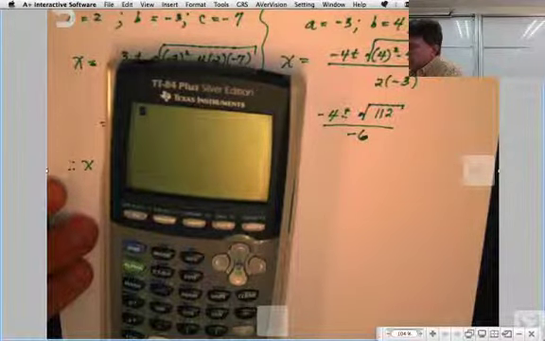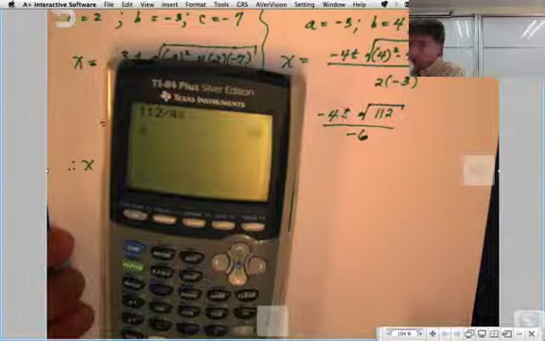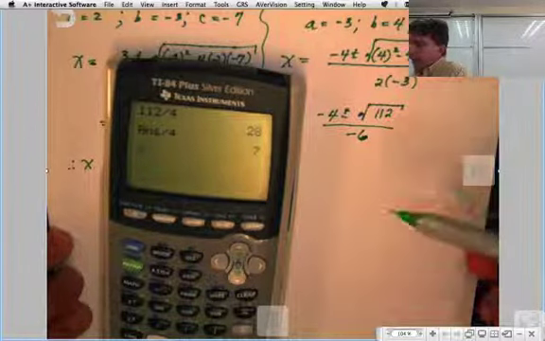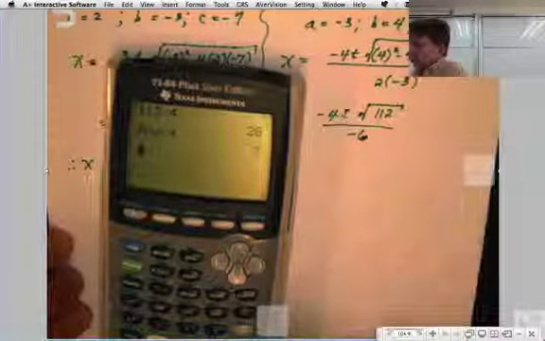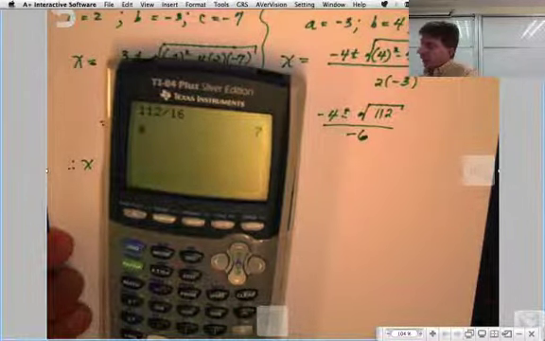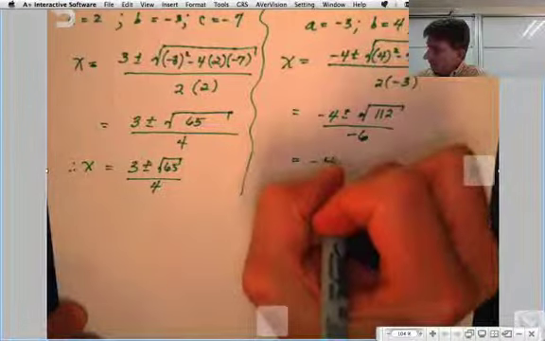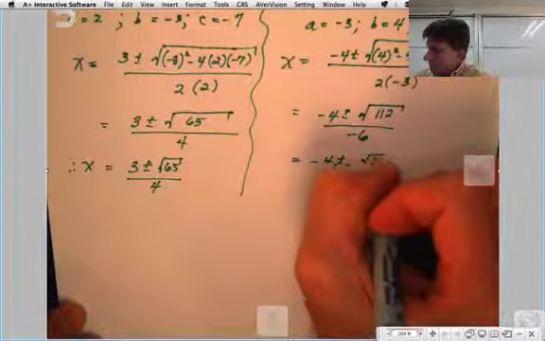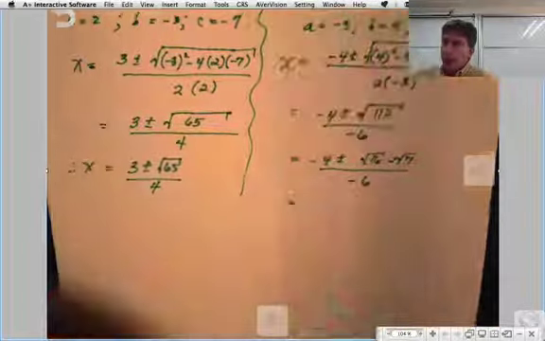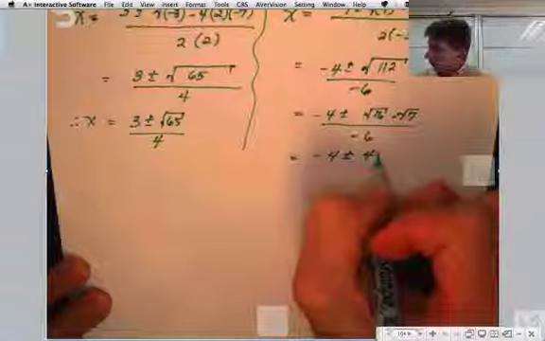You might notice that 112 is divisible by 4. If you take 112 and you divide it by 4, you get 28. 28 is also divisible by 4. Okay, so since I divided by 4 twice there, the original number 112 is divisible by 16, which is a perfect square. So I could rewrite root 112 as root 16 times root 7, all over negative 6. And root 16 is 4, so I get negative 4 plus or minus 4 root 7